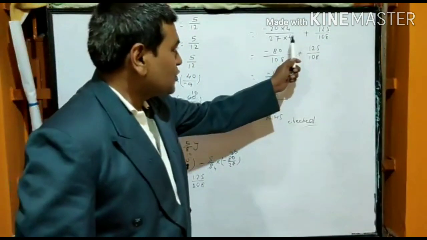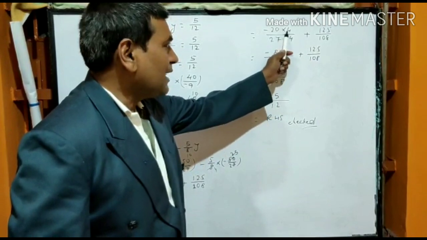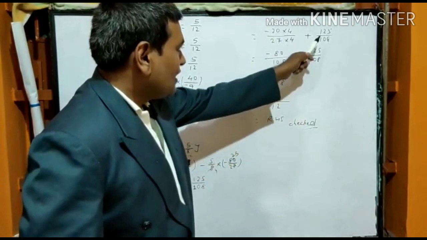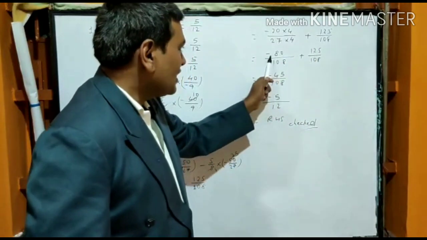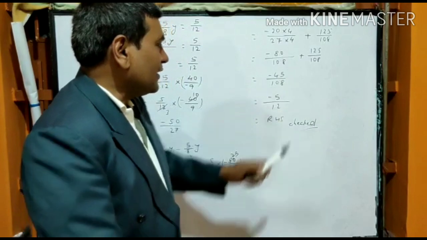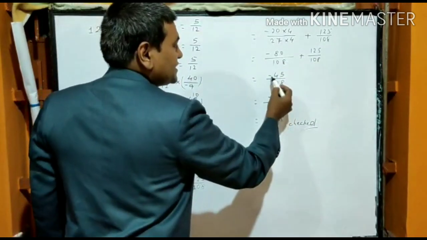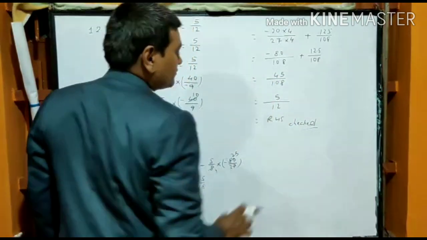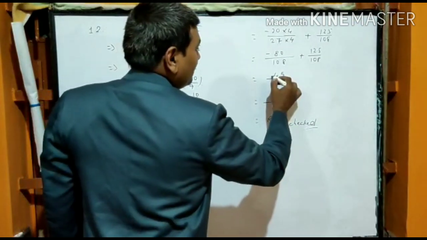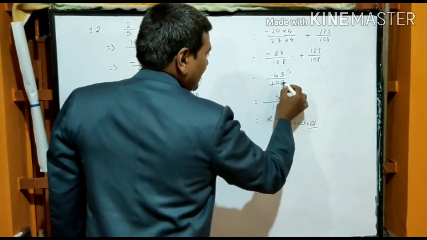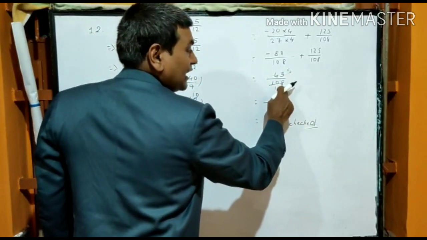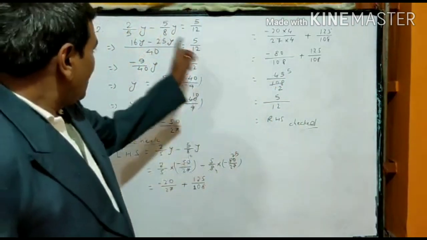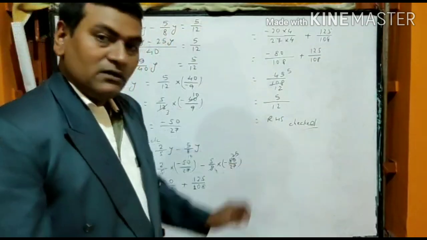Now we have to take LCM, so we multiply 27 by 4 and 20 by 4. It is 108 and 24 is 80. Here plus 125 and this side minus 80. 125 minus 80 is 45, not negative, it is 45. Now 9 5s are 45. 9 1s are 9, here left 1 and 8 18. 9 2s are 18. 5 by 12. Right hand side is 5 by 12.